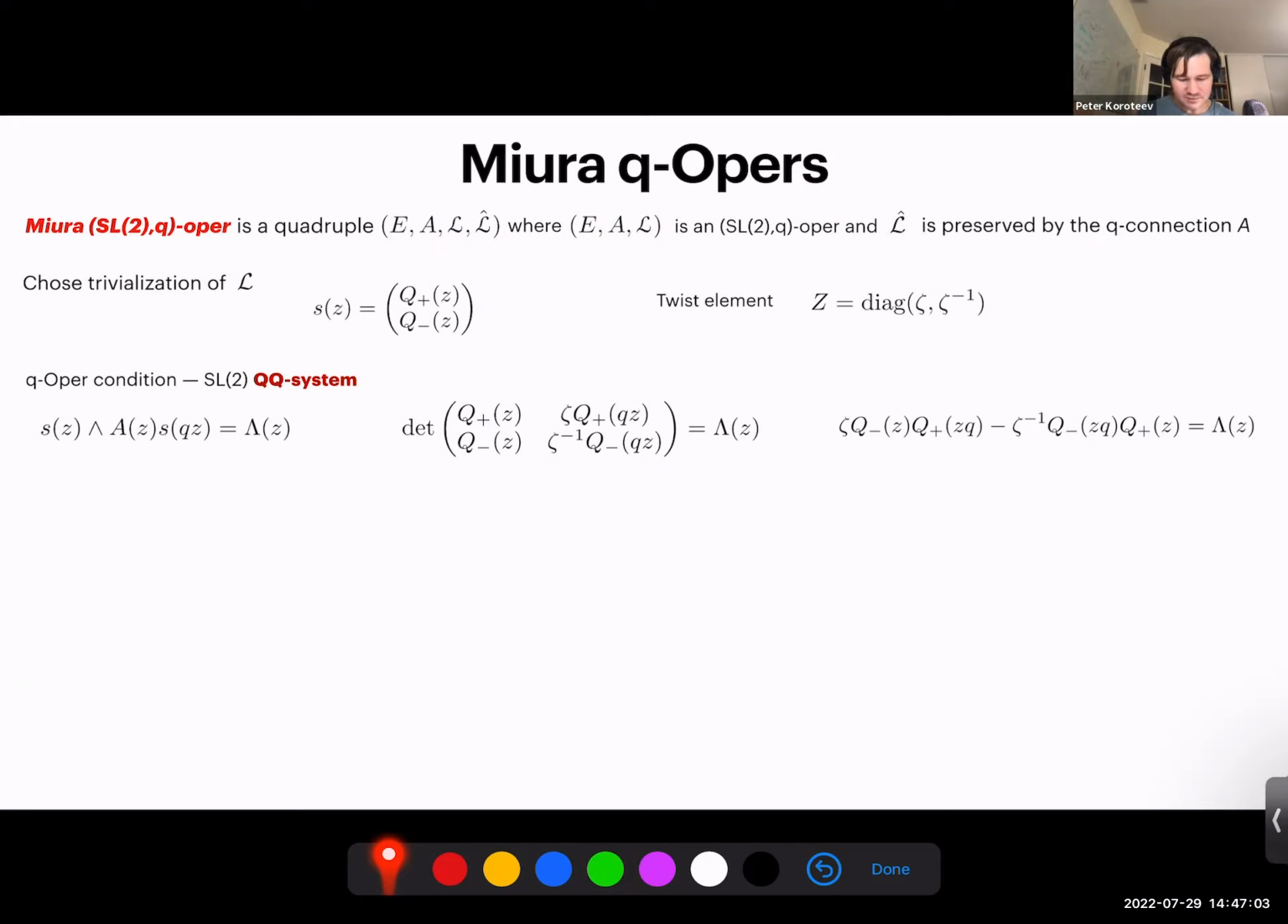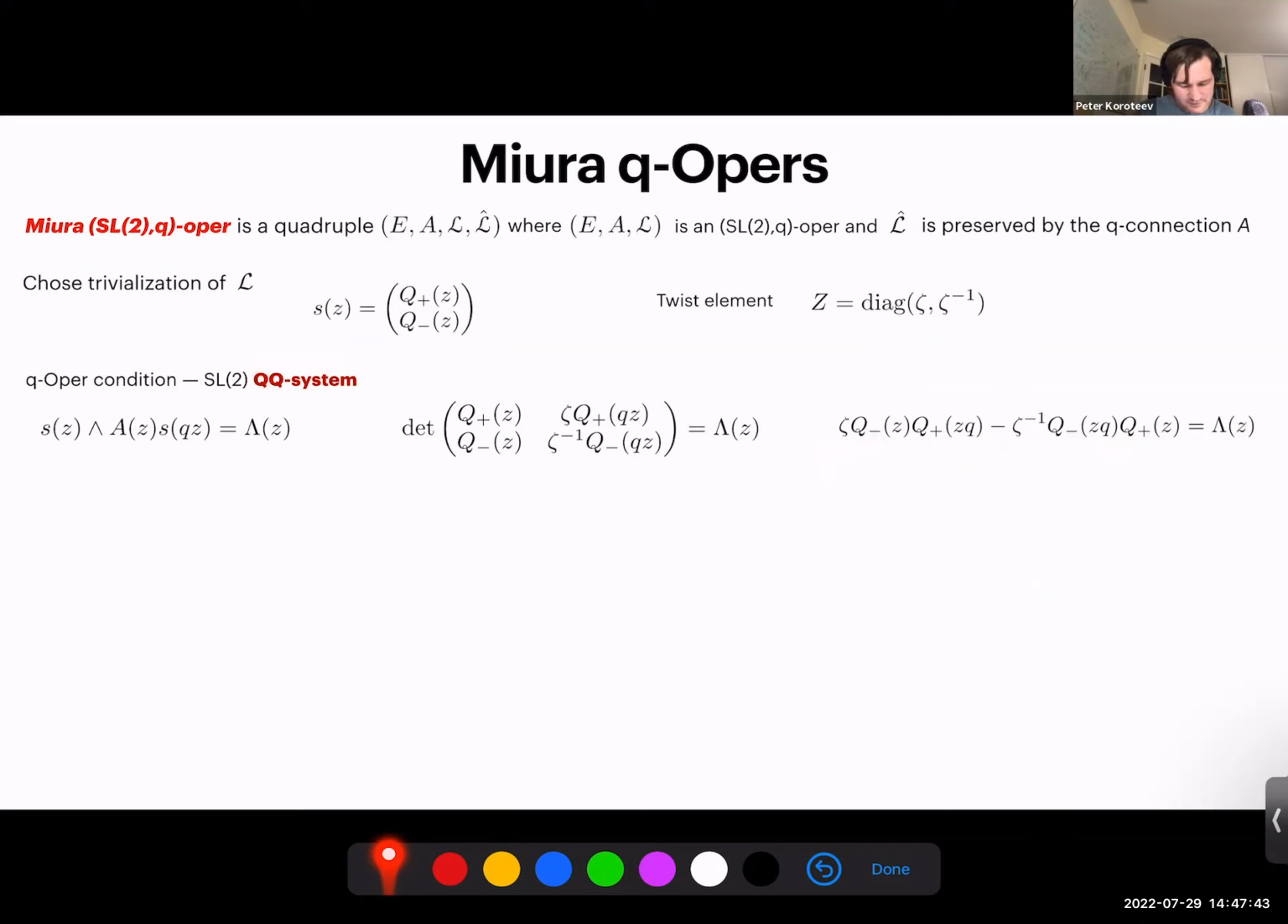So let's parameterize a section which spans L with two components, two functions, Q plus of Z and Q minus of Z. The twist element is the diagonal matrix with, say, eigenvalues zeta and zeta inverse. So we're thinking about the SL2 case. And this q-Oper condition is written like this: it's a determinant of this 2 by 2 matrix. First column is Q plus, Q minus, and the second column is those functions shifted, multiplied by Z, by the twist matrix. And if you compute the determinant, you'll get this equation,